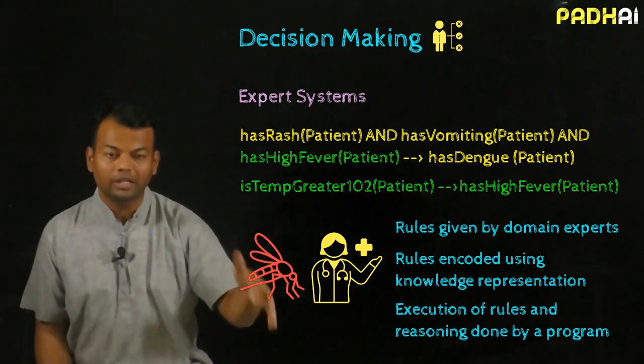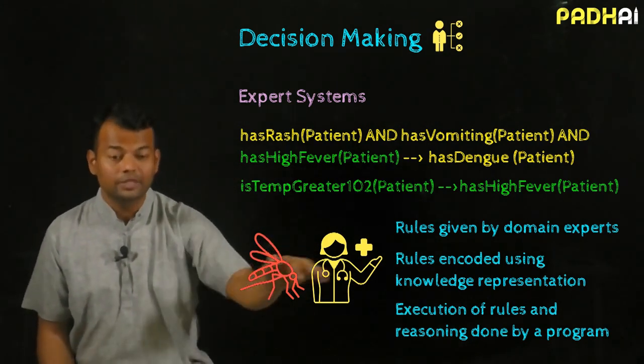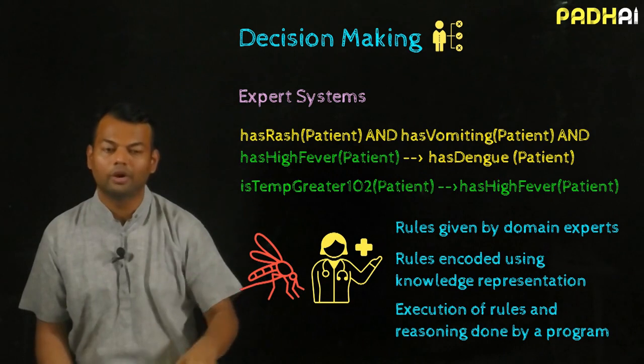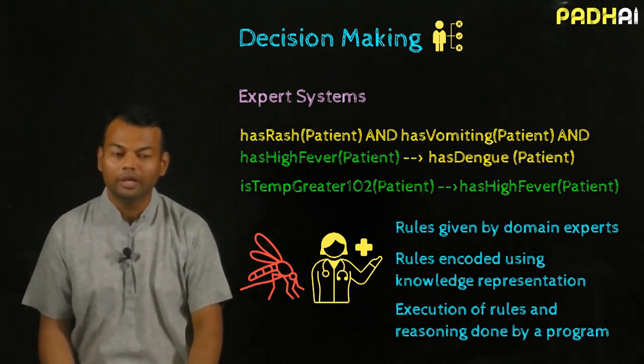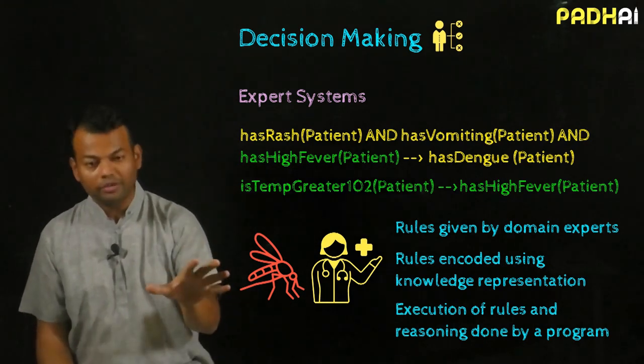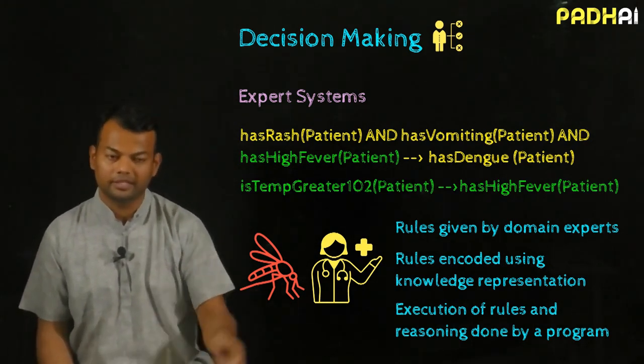So that's what classical AI deals with a lot. You will learn Prolog, you will learn knowledge representation and these kinds of things in classical AI, and this is being used for decision making. And this is also a very popular paradigm, as I said, in the 50s, 60s and so on.